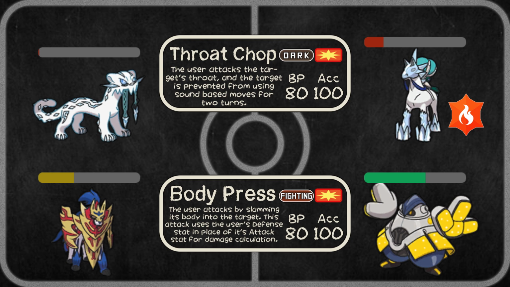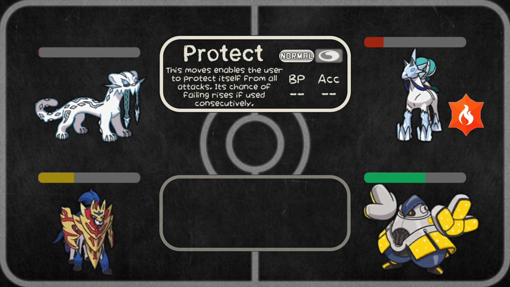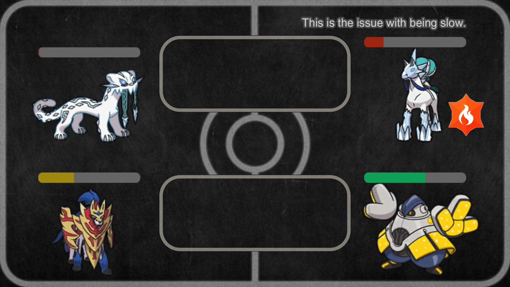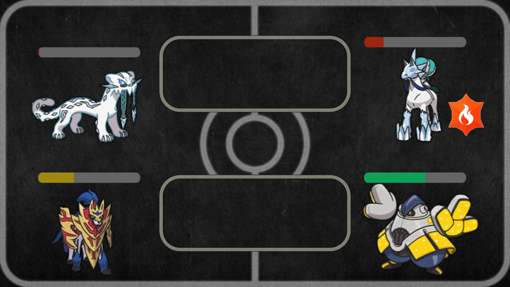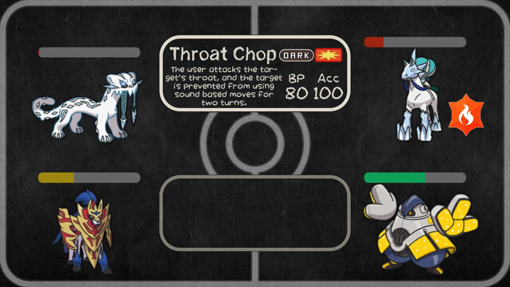This double up into Calyrex Ice not only covers for it using Trick Room and it protecting, but it also covers for it attacking, as if it attacks, it will just move last and get KO'd. Let's consider the scenarios if Calyrex attacks. Even if Zamazenta gets stunned from Fake Out, and Calyrex lives, say, the Throat Chop from Chien-Pao,